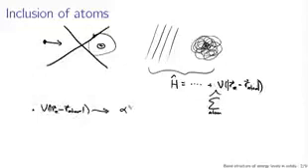Some proportionality constant describing the strength of the delta function, times the delta function itself, as the distance between the electron and the atom. So this is the potential that we're going to work with. This is just for an interaction between a single electron and a single atom, however, and we're going to have to consider multiple atoms. And in order to make any mathematical progress, we're going to have to know the positions